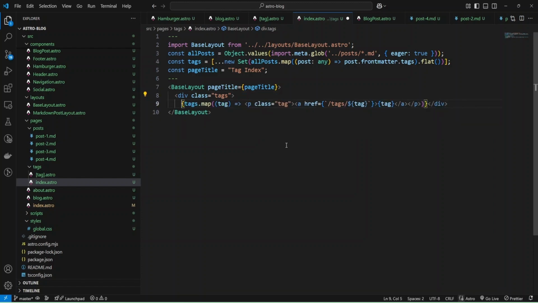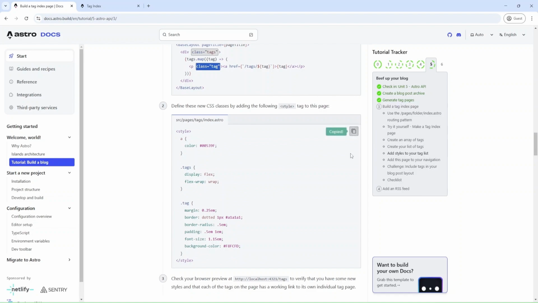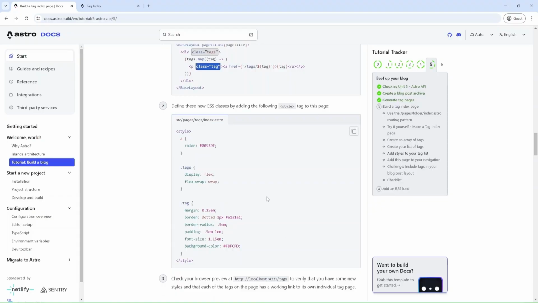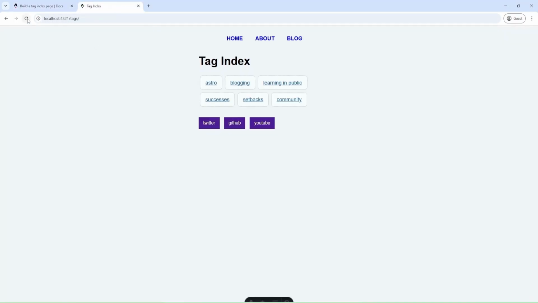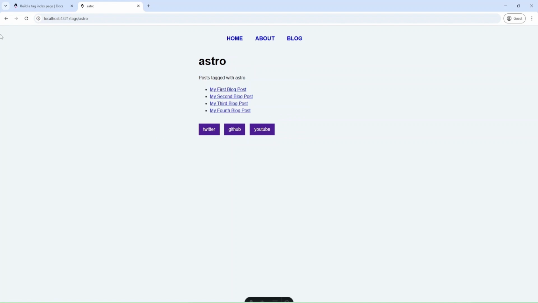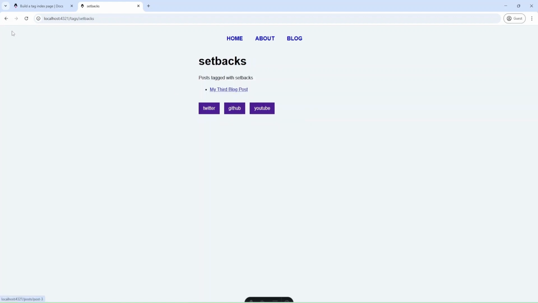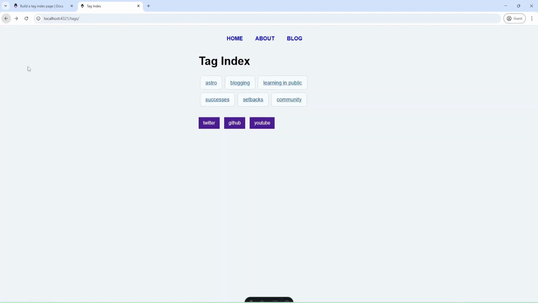Okay, and I can provide some formatting. I haven't added any auto formatter. Probably I need to do it. Okay, and let me copy styles, add them here. Okay, and we can check. And as you can see, we have our tags, our index page, and we can go to some tag and go back and check all of them. Okay, and everything is working so far.